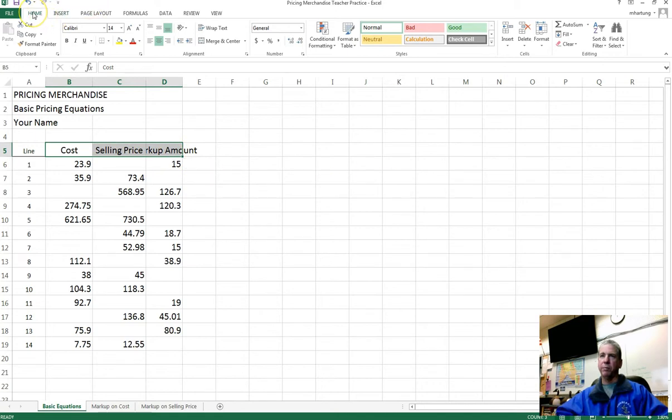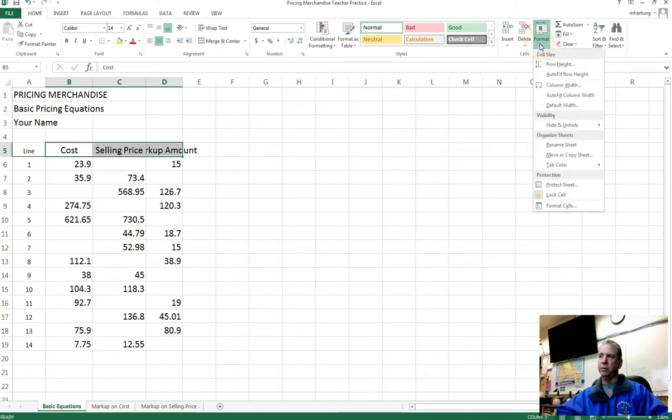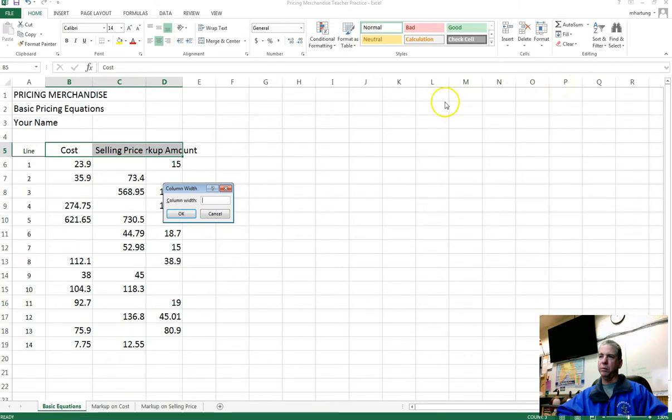and I'm on the Home tab on the main menu. Select Format, column width,